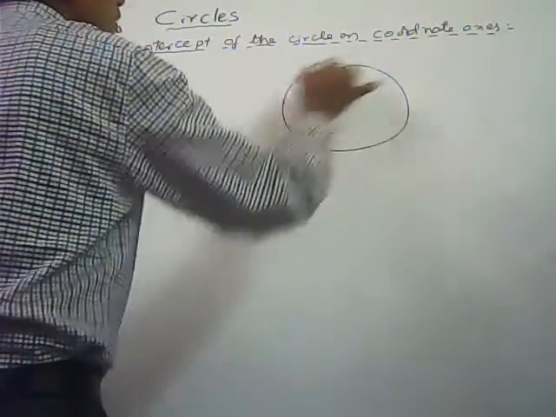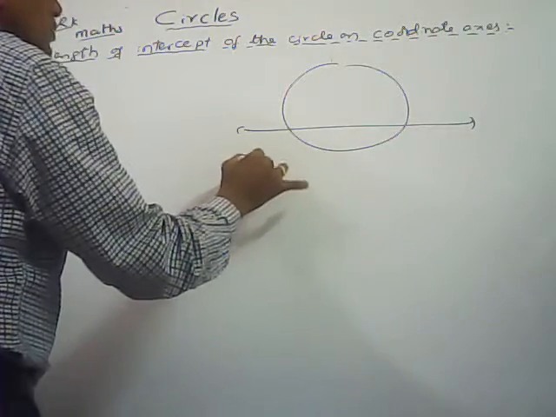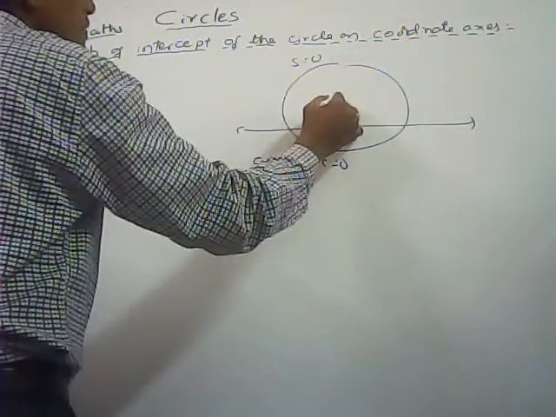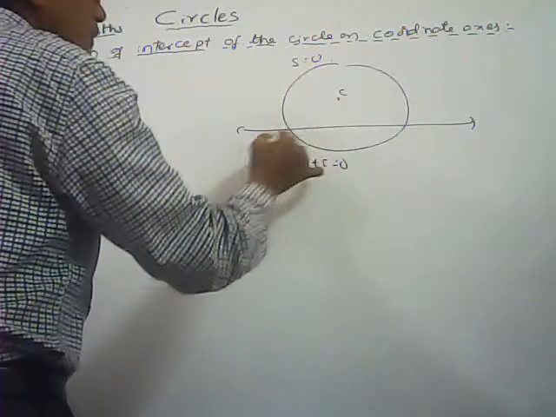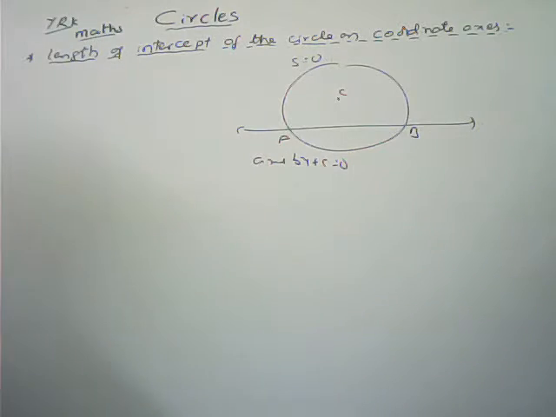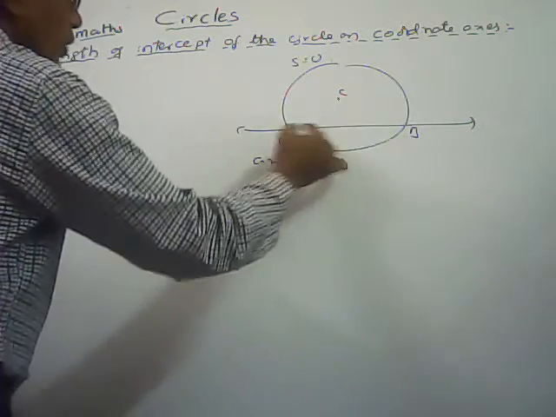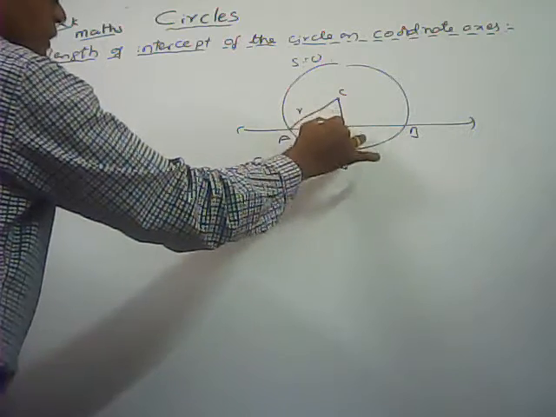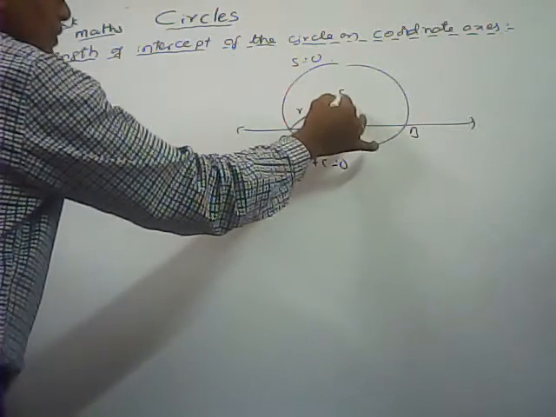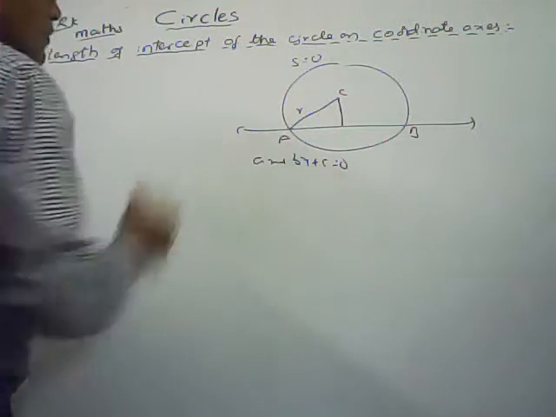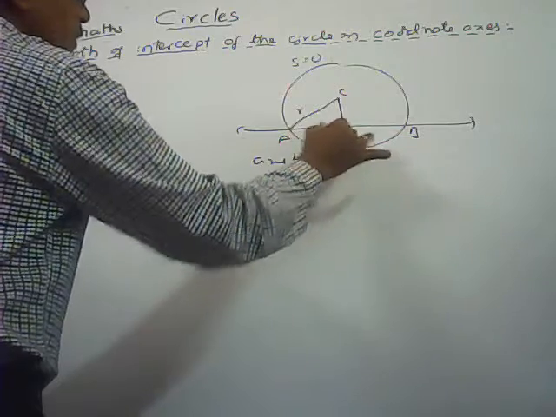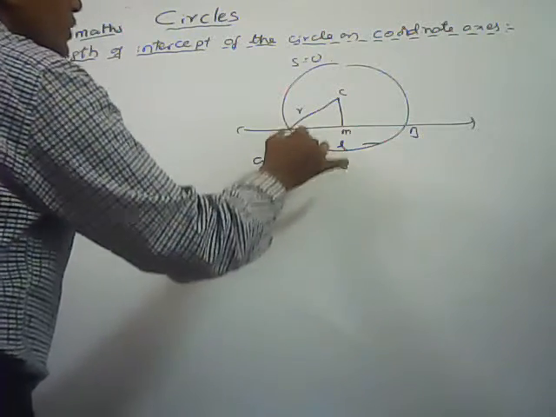This is the circle, this is the line ax plus by plus c equals 0, and this is the center. Here AB we say is the length of the chord made by the circle on the line ax plus by plus c equals 0. If I want the length of the chord, see, this is the radius. Draw the perpendicular. This is the perpendicular distance from x1 y1 to the line ax plus by plus c equals 0, that is modulus of ax1 plus by1 plus c by root a square plus b square. This one I am taking m. The length of the chord I am taking L, so this is L by 2.